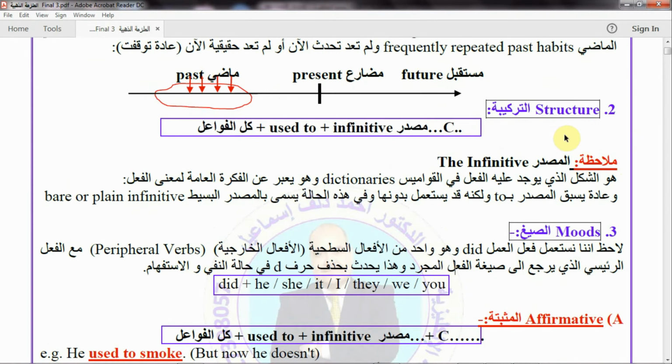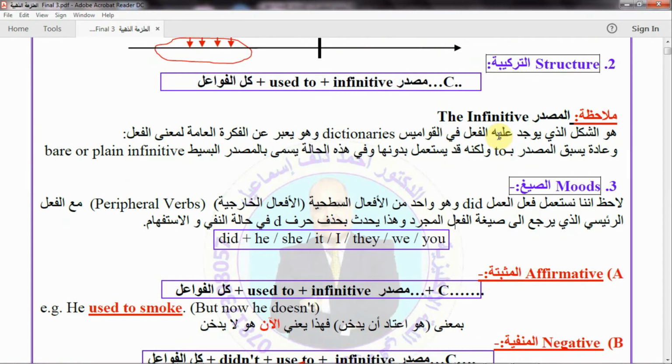Secondly, we are going to study the structure of used to. All pronouns, whether they are singular pronouns or plural pronouns, plus used to plus infinitive plus complement, full stop. Note,